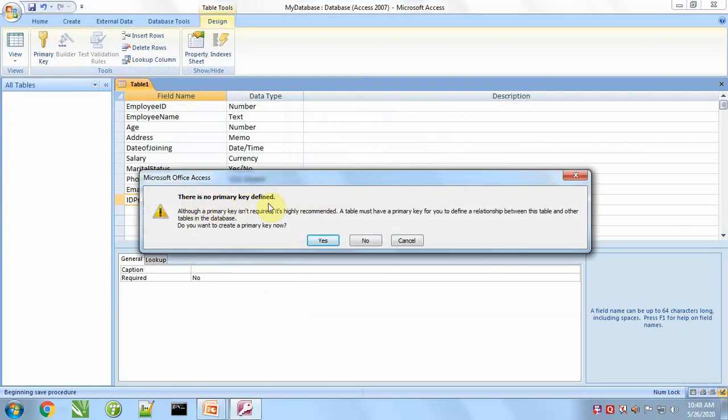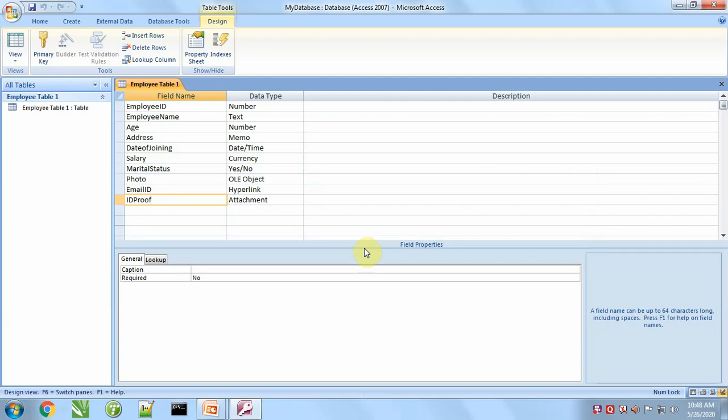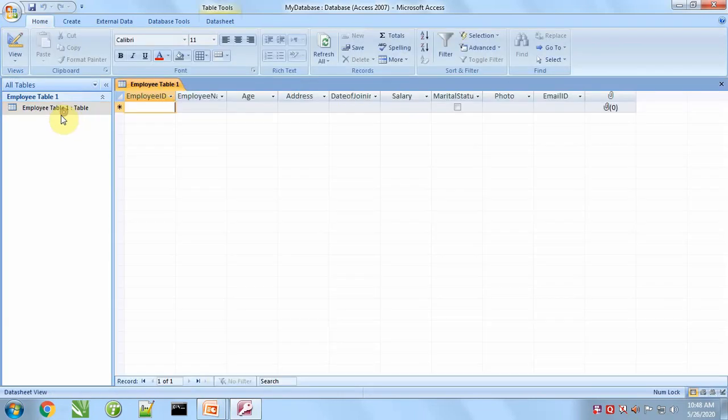There is no primary key defined, and I think there is no need to define a primary key for this table because it is the first table. What a primary key is and how we can define a primary key for a table, we will discuss in the next video. So here we will keep this option no. The table has been created. Double click to open this table and here we will enter data.